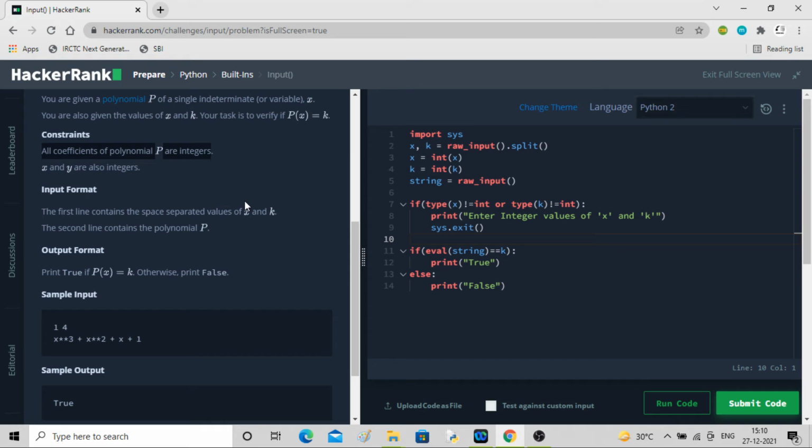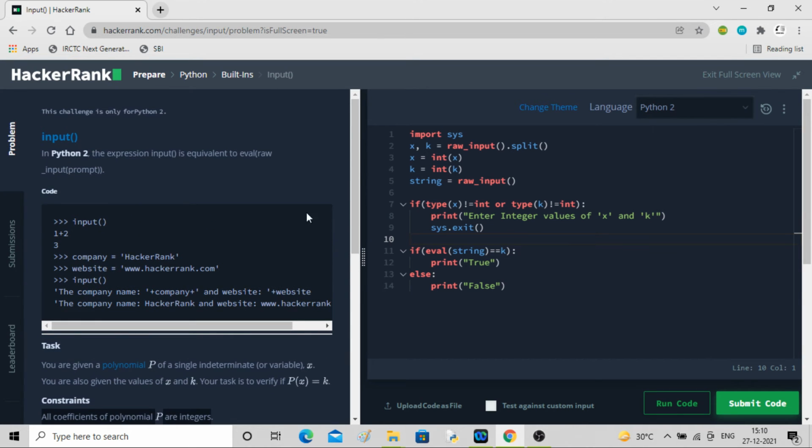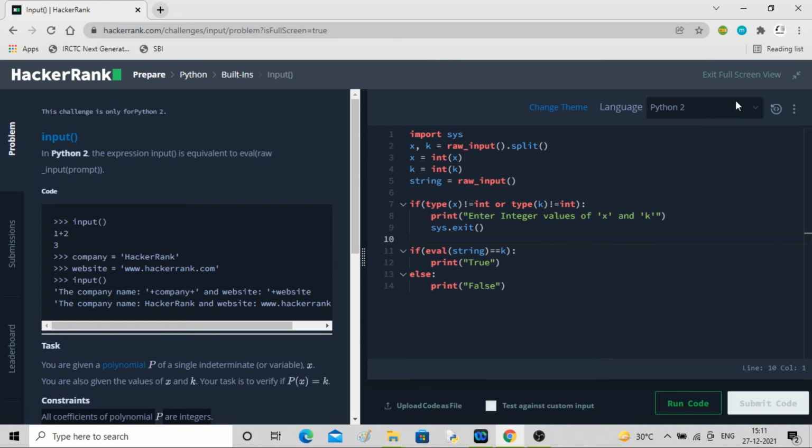I mean, if I take the string and look at the polynomial first, that will really increase the complexity, and we don't need to provide that constraint anyway. I think the major part is how to use raw input here. Okay, let me run it. That is working. Let me submit it.